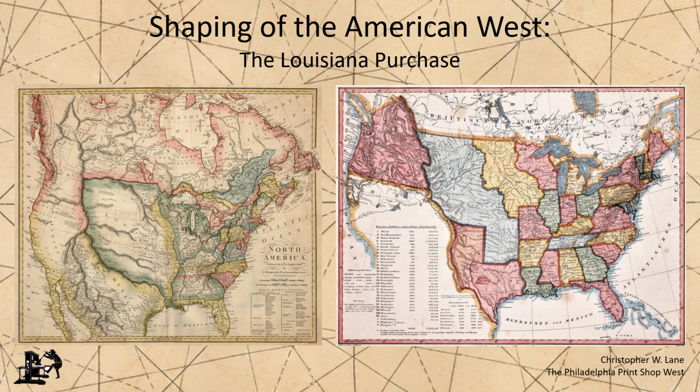At the beginning of the 18th century, what is today the Trans-Mississippi United States consisted of three political regions, each controlled by a foreign power. By early in the 20th century, those areas were part of the United States and were broken into 22 political divisions, with the borders being essentially as they are today. The changes that occurred over that time are fascinating and are the subject of our Shaping the American West series